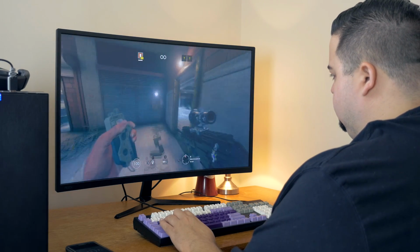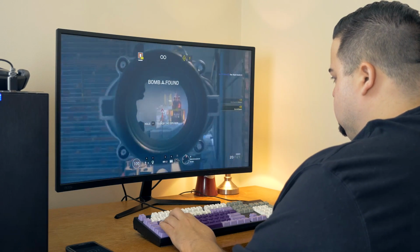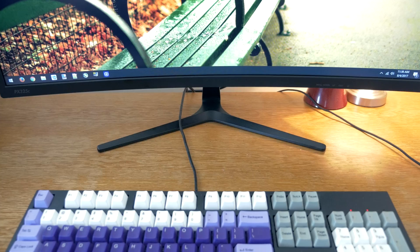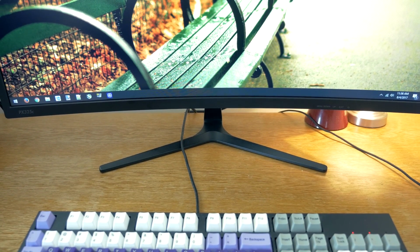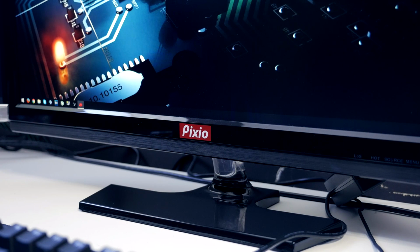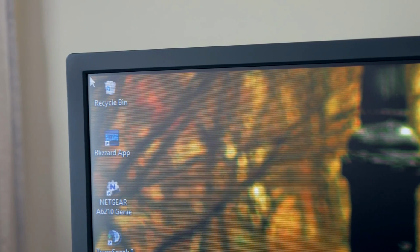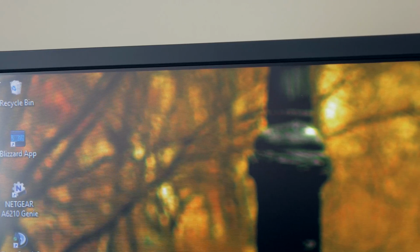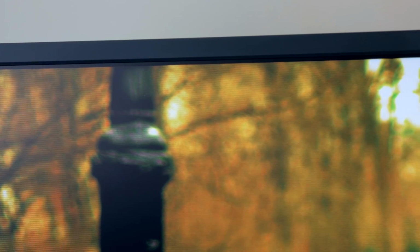With performance out of the way though, let's discuss the design on the PX325c. As you can see, Pixio has gone for a matte black design on the entire monitor, which is so greatly appreciated. I remember reviewing their PX277 a year ago, which had a great panel just like this one here, but it fell short on its design with its thick glossy bezels and a glaring red logo on the front of the monitor. It appears that Pixio has taken feedback on that though and applied it to all of their new monitors here in 2017. We have fairly thin bezels here for a 32-inch monitor, and gone is the huge red